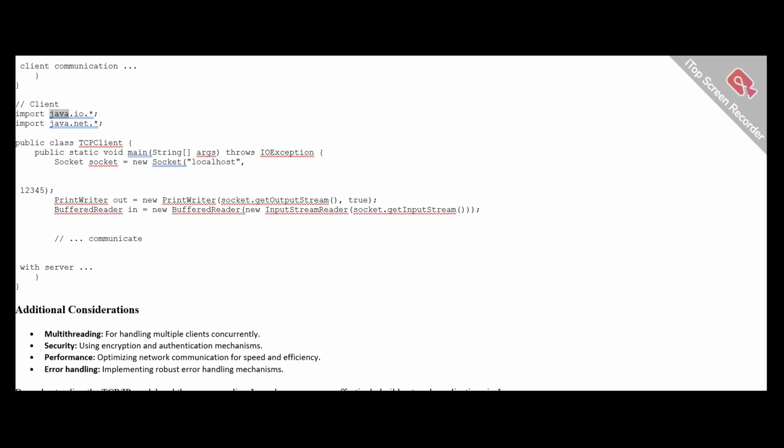// Client. import java.io.*; import java.net.*; public class TCPClient { public static void main(String[] args) throws IOException { Socket socket = new Socket("localhost", 12345); PrintWriter out = new PrintWriter(socket.getOutputStream(), true); BufferedReader in = new BufferedReader(new InputStreamReader(socket.getInputStream())); // communicate with server